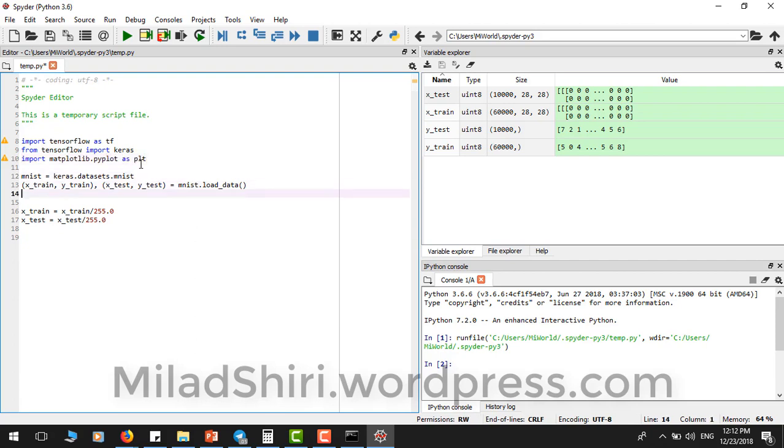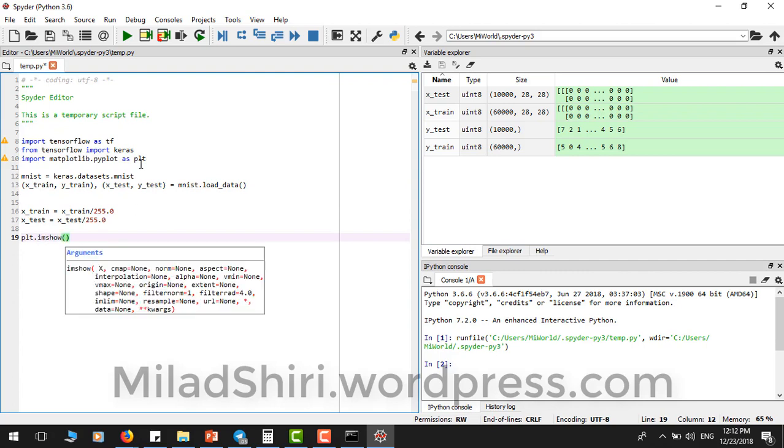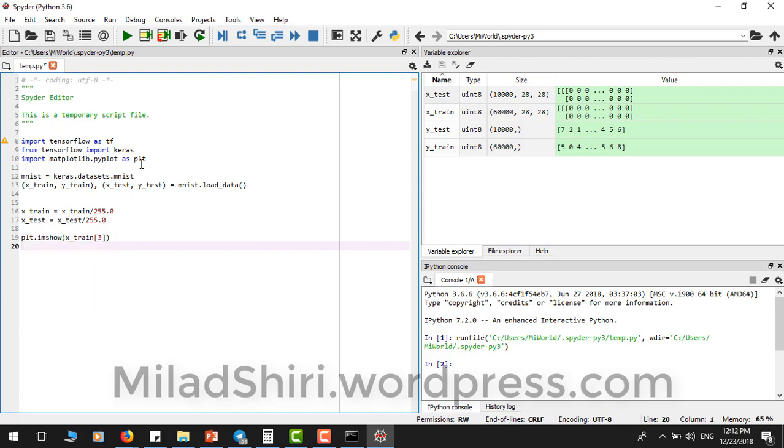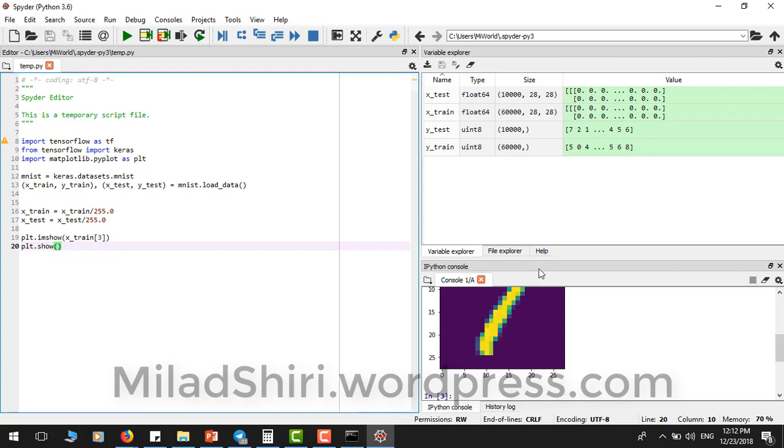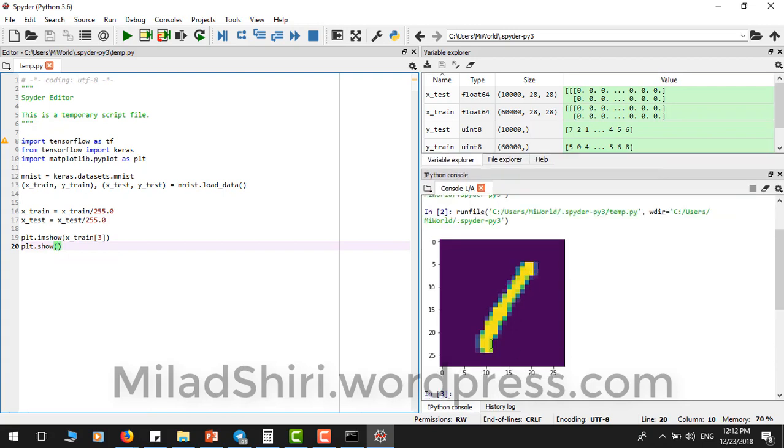Okay, plt.imshow. We try x-train, the first image in the x-train. Okay, and plt.show. Okay, run the program, and what you see is